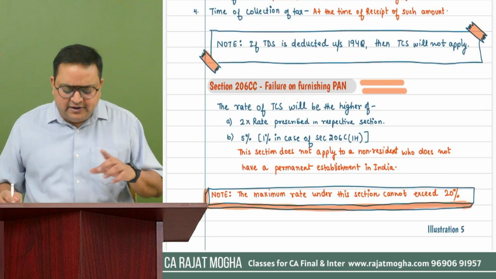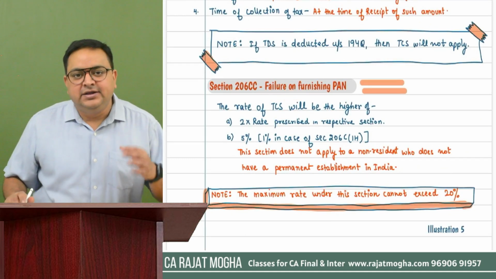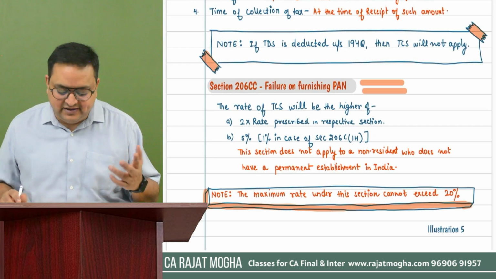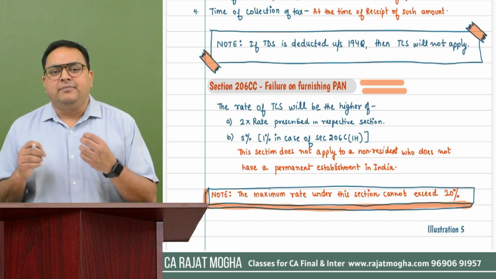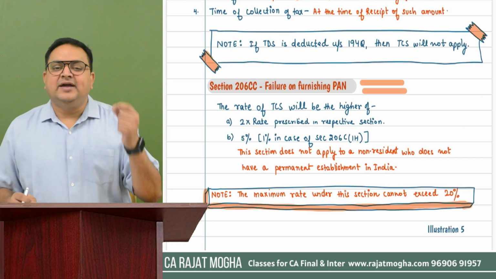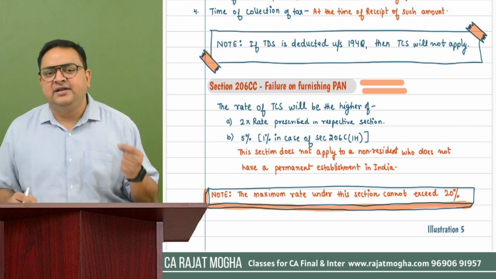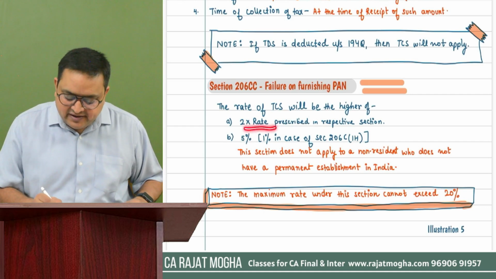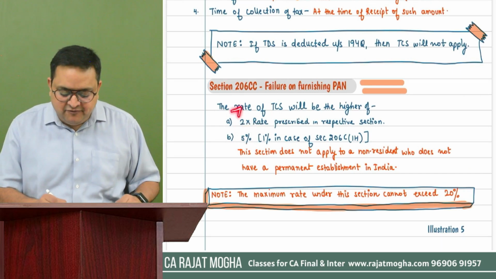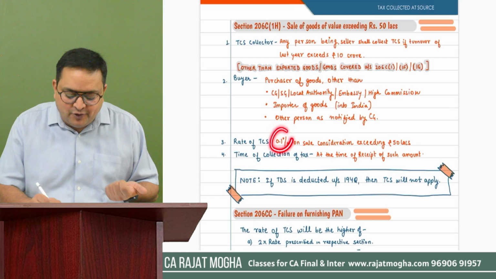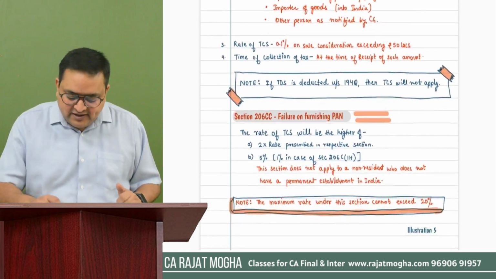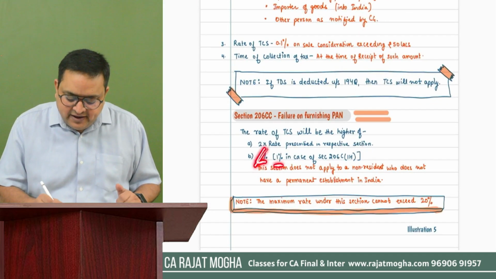These sections are quite similar to those sections: if you do not furnish your PAN number, then we are going to apply a higher rate of TCS. If the buyer, the person who is buying the goods or services like mines, quarry, etc., has not furnished his PAN number or furnished an invalid PAN number, then whatever is the rate of TCS in the section, we will apply double that rate or 5%, whichever is higher. But in the case of 206C1H, the rate is just 0.1%, so we cannot apply 5%. In this case, we will replace the 5% by just 1%, right?